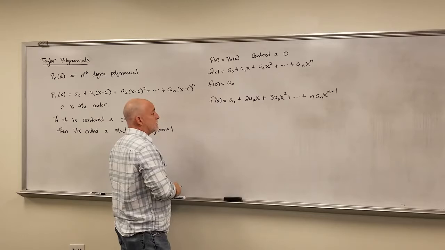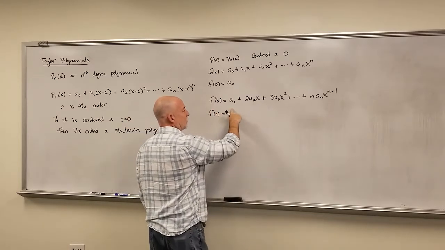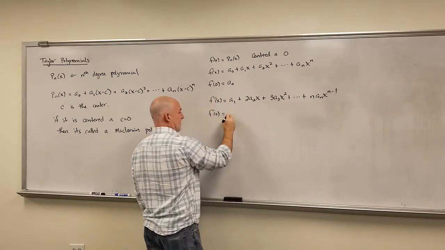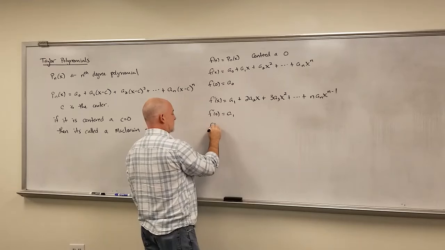Okay, so if we want this to match at the center, we want f prime at 0 to also be equal. Well, if you put 0 in for x again, we get a1. And let's do this a couple more times. The second